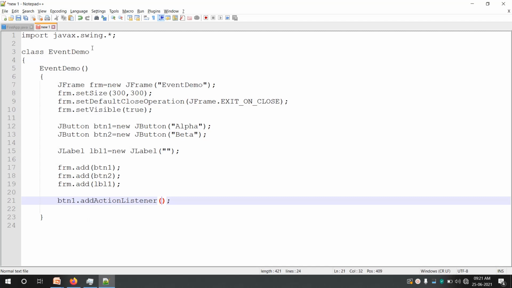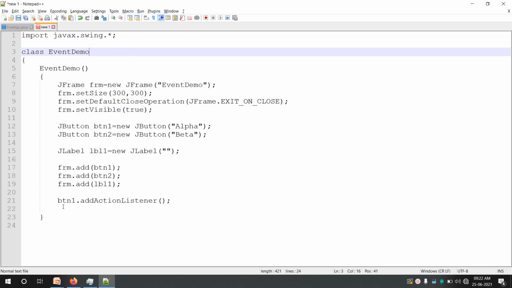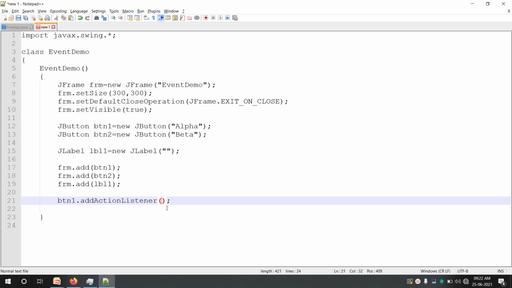Another way is to convert your class into a listener class by implementing ActionListener, defining the method public void actionPerformed, and passing this here, meaning the current object will handle the events. Or we can go for an anonymous inner class. As I've said, in this example we will go for an anonymous inner class.